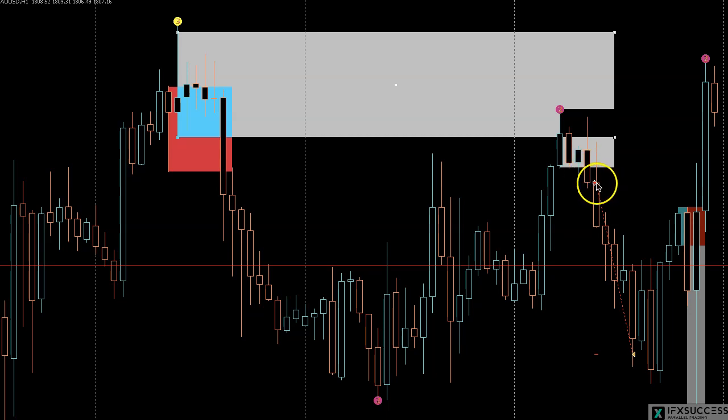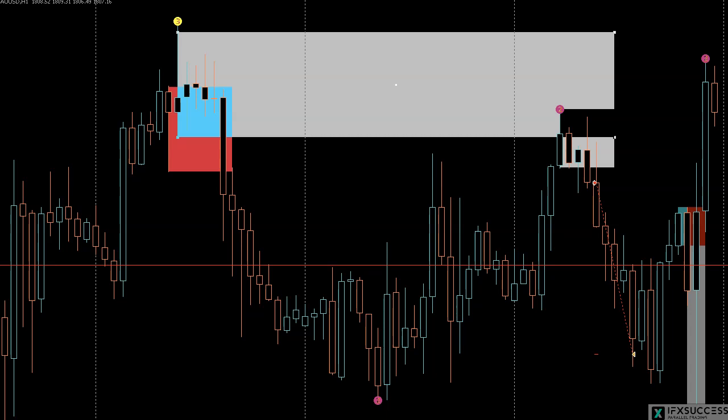So this was the entry right over here on this particular day. It took 3 days for this trade to really develop the way we wanted it, okay? These are two examples when it comes to the number 1 and the number 2 cycle. So right now, what do we do in order to filter and say, okay, what